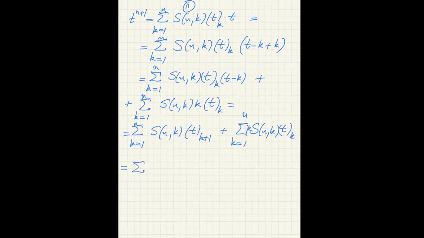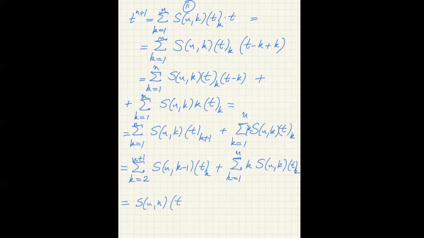Same as before, we change the sum, so it's a sum from k equals 2 to n plus 1. So I have S(n, k minus 1), and this will be t falling factorial k, plus summation from k equals 1 to n, k S(n,k) t falling factorial k. And now we keep the first one up. When k equals n plus 1, we have S(n,n) t falling factorial n plus 1, plus now from 2 to n,